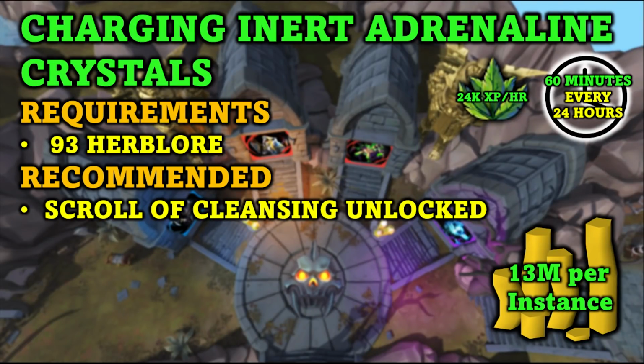Now moving on to our next method, we have charging inert adrenaline crystals. Now the only requirement is level 93 Herblore, and recommended is the Scroll of Cleansing just to have that unlocked. Now, you will be able to get about 24k Herblore XP if you do not use the Herblore Cape, but